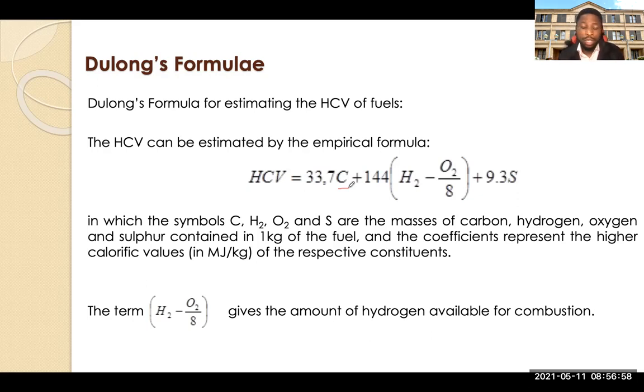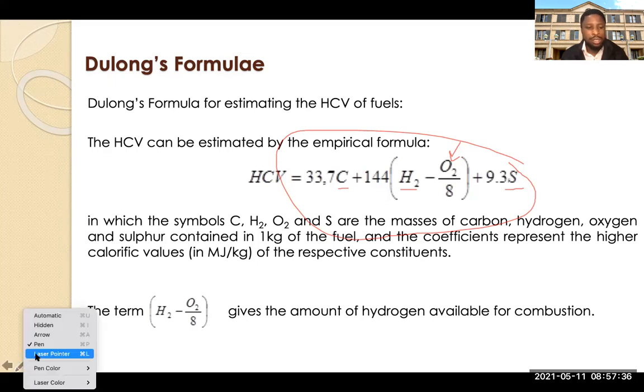For those of you, I believe you all did CPI. If you remember in CPI, we said the main components of your hydrocarbons, of your fuels, are carbon and hydrogen. We also said you have some oxygen, and we also mentioned the fact that you've got some sulfur present as well. So that's why in this calculation, these three main elements are incorporated, and in front of each of them, what we've got